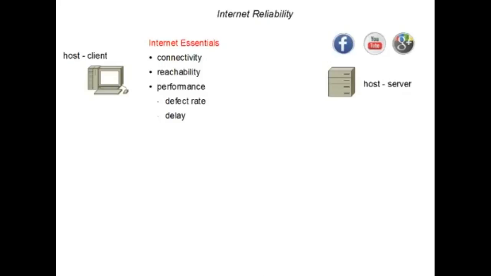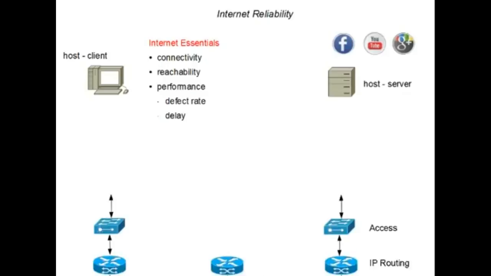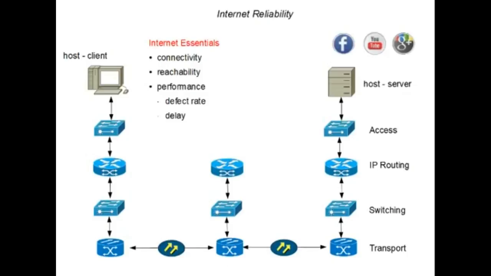Finally, the performance must be acceptable. That is, the defect rate and the delay must be within our tolerance for that content. If it's video, then we don't expect frame freezes and we don't expect pixelation. And if it's a voice over IP, we don't expect the delays to exceed what we can tolerate on a phone call. But to achieve these essentials, we have to go over a network that spans continents and sometimes spans